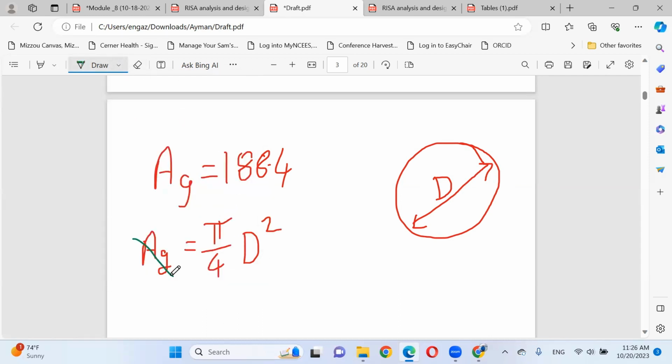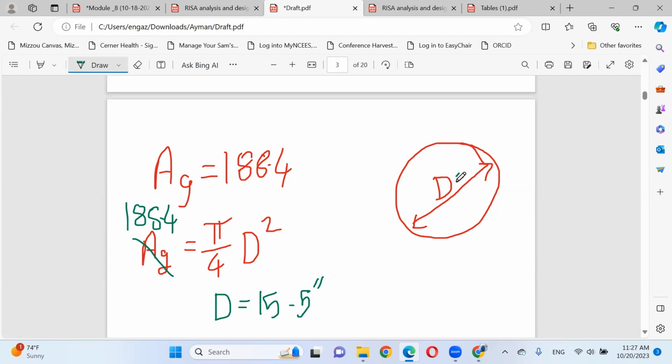I have the value of area gross, 188.4, and I have pi divided by 4, so I can find out the diameter of your column. The diameter, based on this case, is 188.4 divided by pi over 4. I got diameter equal 15.5 inch.